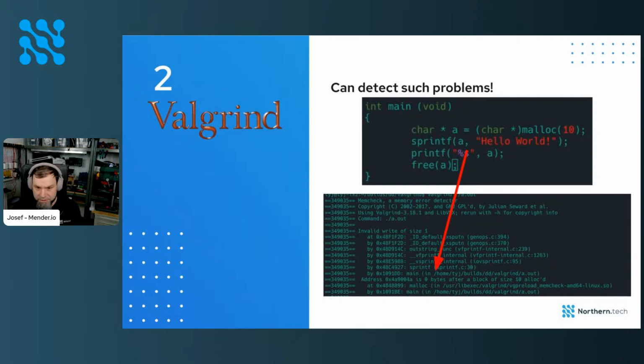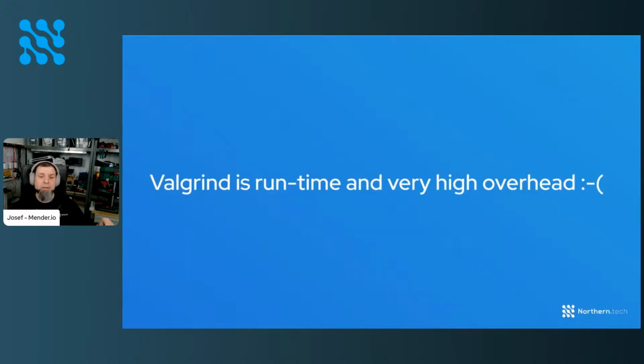If we run this in Valgrind, and the invocation is on top of the screenshot, it will already tell you, hey, you're writing out of bounds here. Something is wrong. So if we could just use this all of the time, no problem, right? No more buffer overflows ever. The problem is Valgrind is only at runtime, so you might not even notice it during your development, and it has extremely high overhead because Valgrind essentially, as I understand it, preloads dynamic libraries which replace